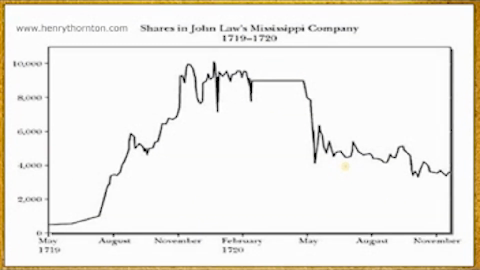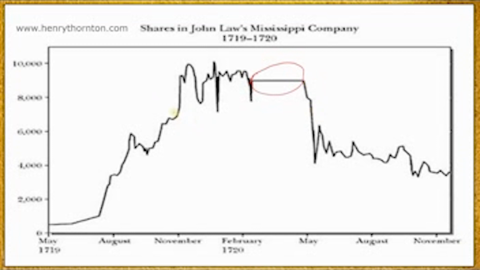Another bubble was John Law's Mississippi Company bubble. This graph is not so clear cut here. Remember that we're over a very short time frame, so this is actually over just under 2 years. We can see that prices went up, but this top here isn't very clear. I'm not sure what's happened in this area here. Again, information would have been difficult to get hold of, and plotting data might not have been quite so precise as we've got nowadays.